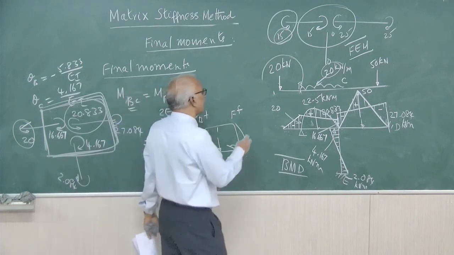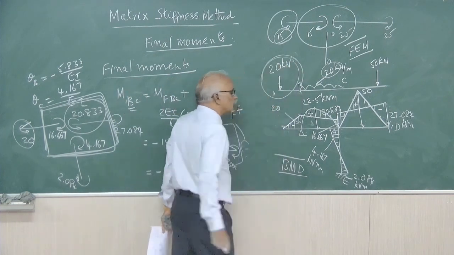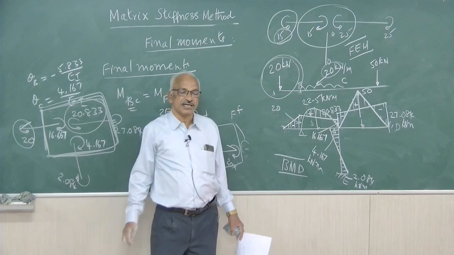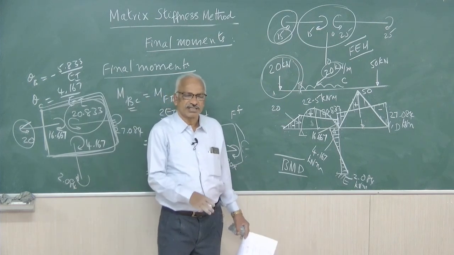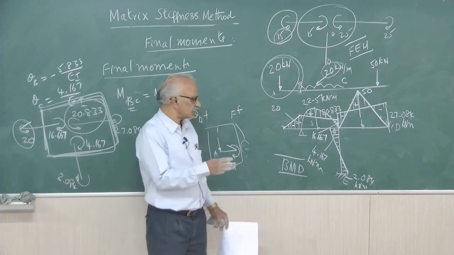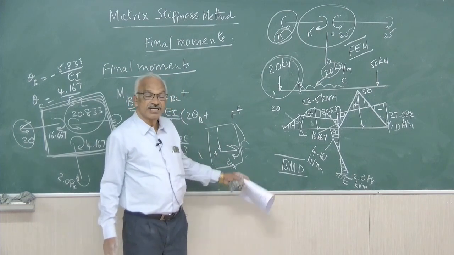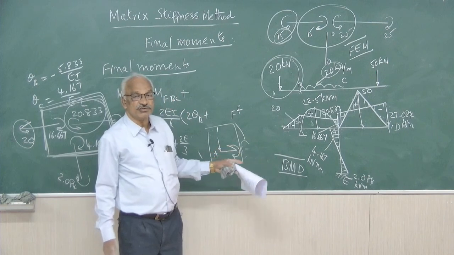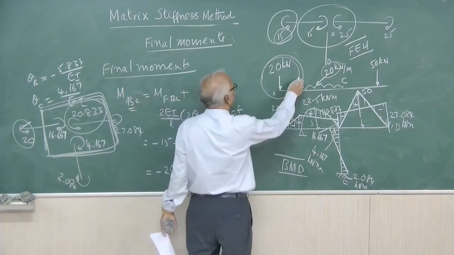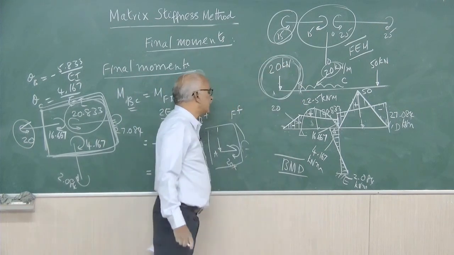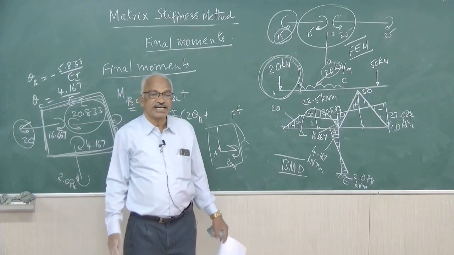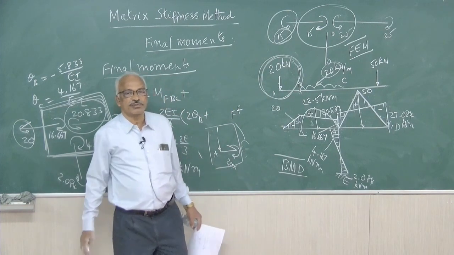Here the overhanging part is special: how to deal with the overhanging part, what is F of F, how it is to be accounted. If that is known, the problem is otherwise another problem with 2 degrees of kinematic indeterminacy. But the viewers will have to note down this change, how this overhanging part is considered, how we write F of F, and how we draw the bending moment diagram.